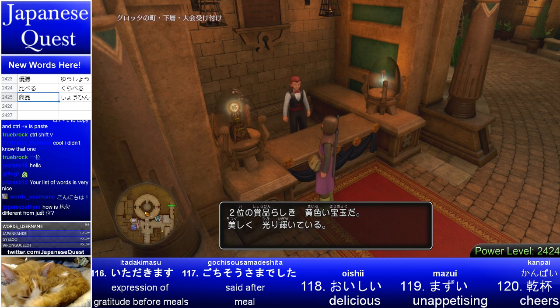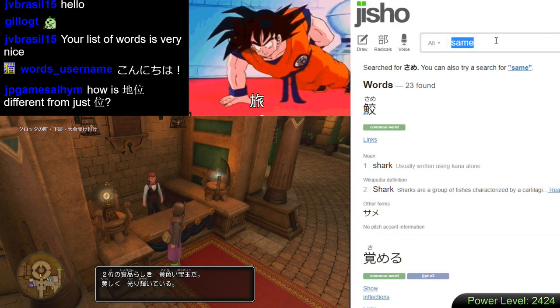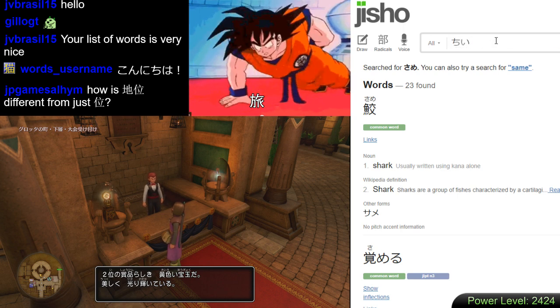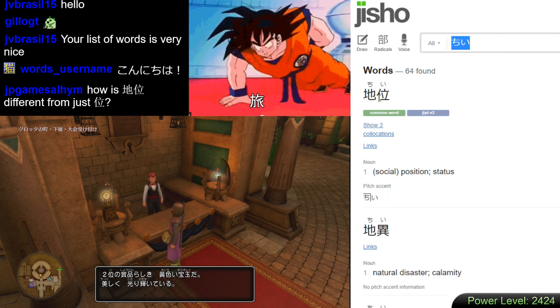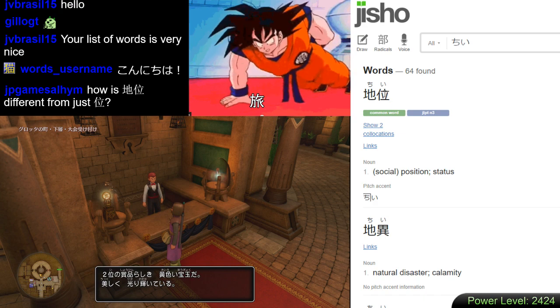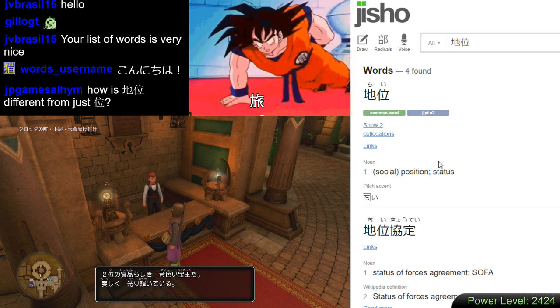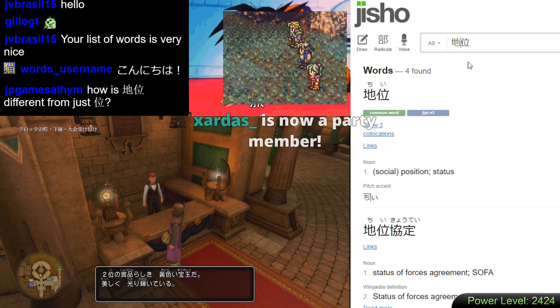And JP Games asked a question. Let's look it up in the dictionary for fun. So we have here Chi-E, they asked about, I believe. How is Chi-E different from just E? Let's type that in here. So this is more, I think, social position. Like social status, whereas E by itself...